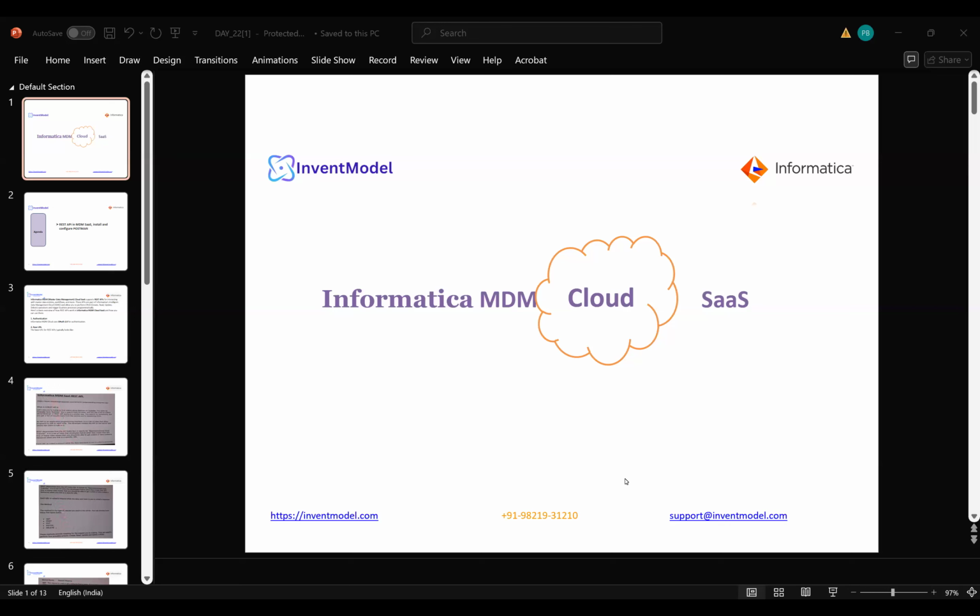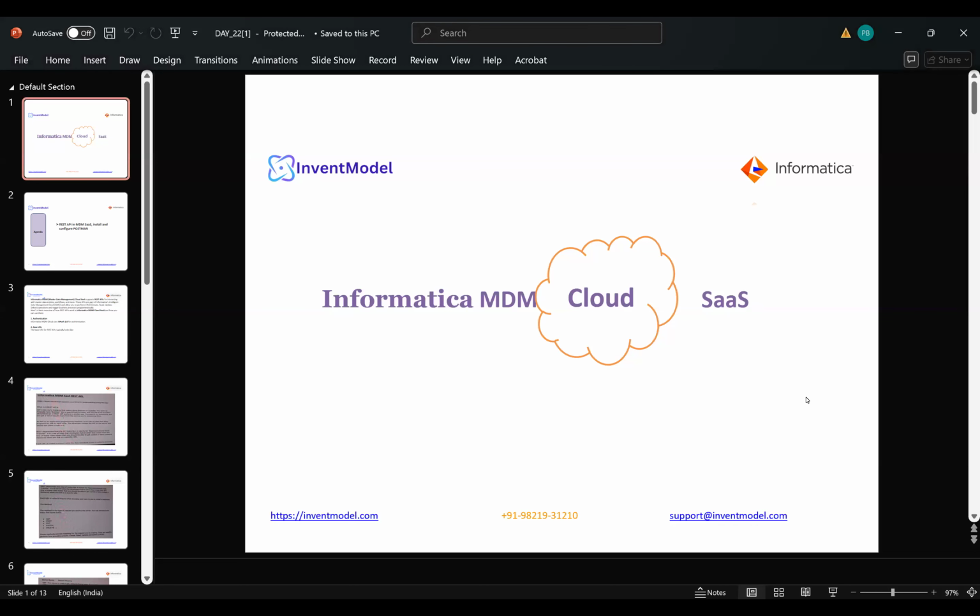We at Invent Model, my team members, Dhiren sir, Sujit sir, and the rest of my team over here. So we are going to discuss some more topics on Informatica MDM Cloud SaaS. So the agenda for today's discussion is